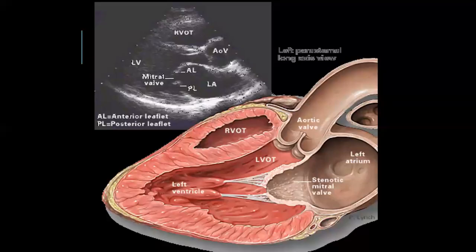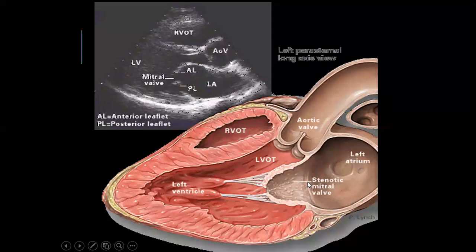You see, this is the echocardiographic view and the structural presentation of a section of the heart. You can see the different structures. There is a left atrium, a left ventricle, a left ventricular outflow tract, the aortic valve and aorta, the ascending aorta, and the right ventricular outflow tract is also seen in this picture. You can see the RVOT here, the left ventricular outflow tract over here, the aortic valve here, and the coronary sinus over here, and this is the left atrium, and the pulmonary veins open into the left atrium, and